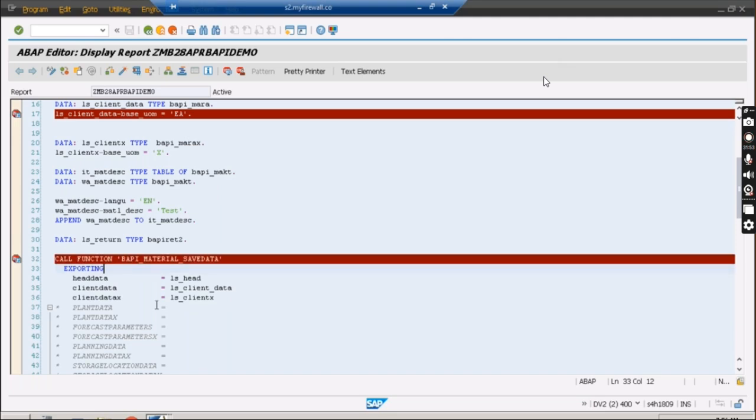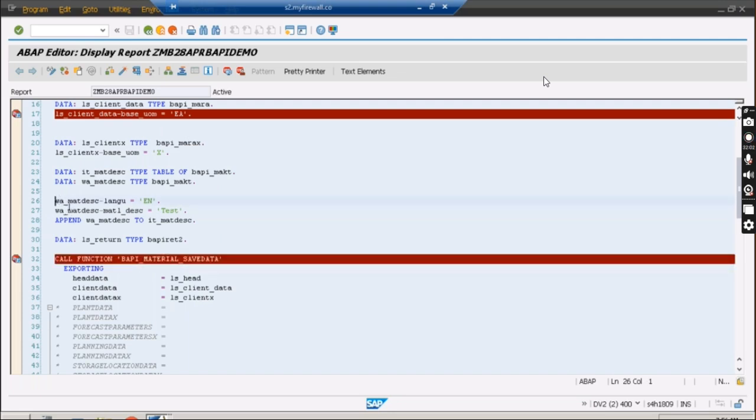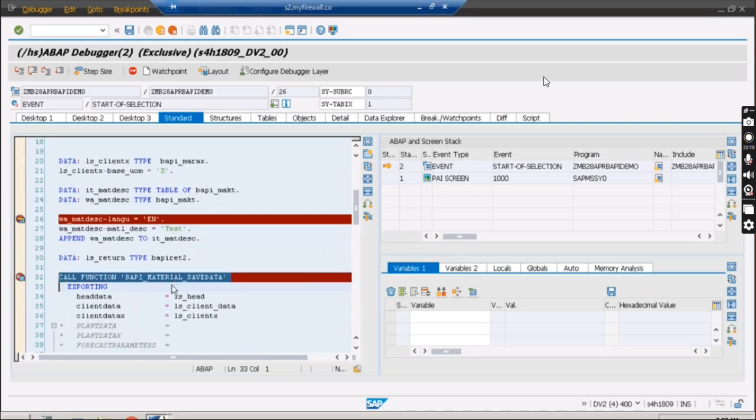Yeah, thank you. So here, F7 and F8. F8, you know, is to complete the full execution, right? If you put the cursor somewhere here and press F8, it will not stop over here. F8 means complete execution. It will only stop where you have a breakpoint set. So I'm pressing F8 over here, and F8 again. Now I have one question in my mind. Can you please tell me what is the difference between F8 and Shift F8?